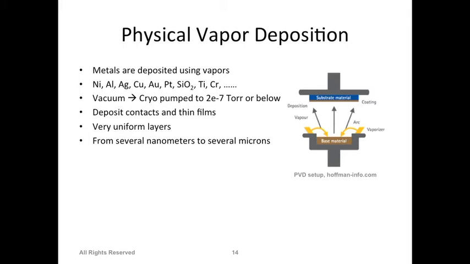It's very clear from the name that there is no chemical reaction; we physically deposit material on the surface. So again, you have a chamber which has a high vacuum. That's kind of a requirement for all these processes. And there are two types of physical vapor deposition. One is the thermal evaporation process, where you use temperature to melt your material